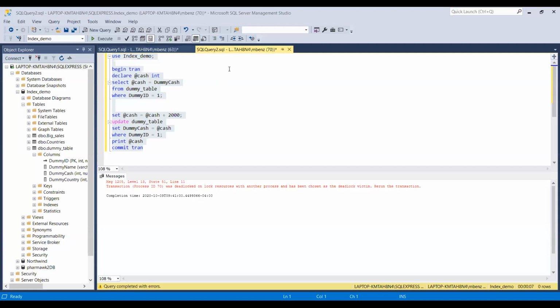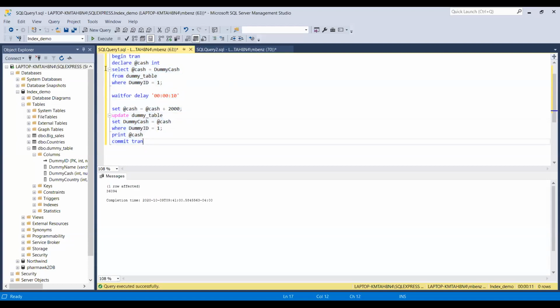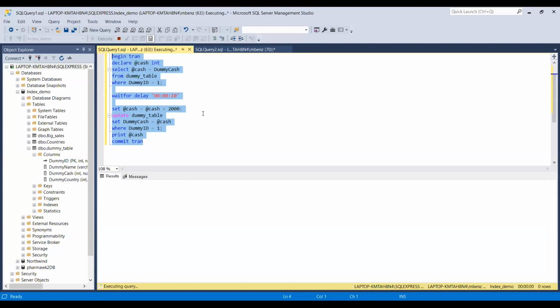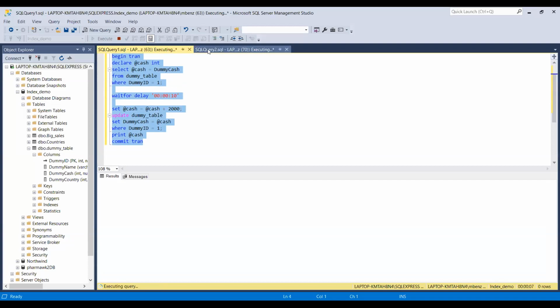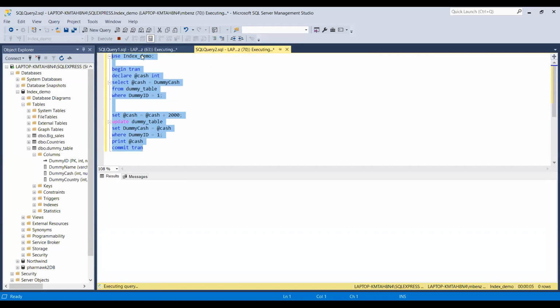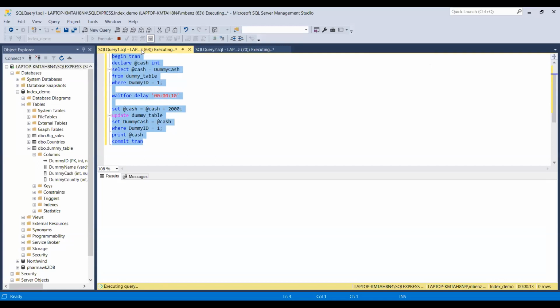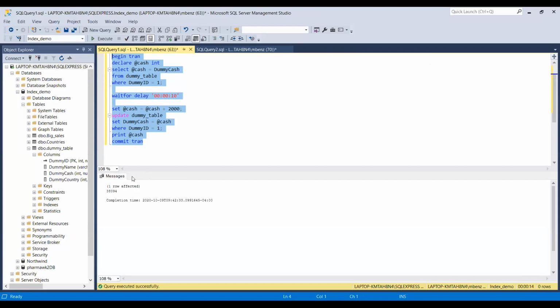Yes, we can see it. So if I run this one, and it's got a 10-second delay, and then I run this one right after, both of them are going at the same time. And it just keeps on waiting for the other one, and then this first one completed. So it was able to add stuff to my table.